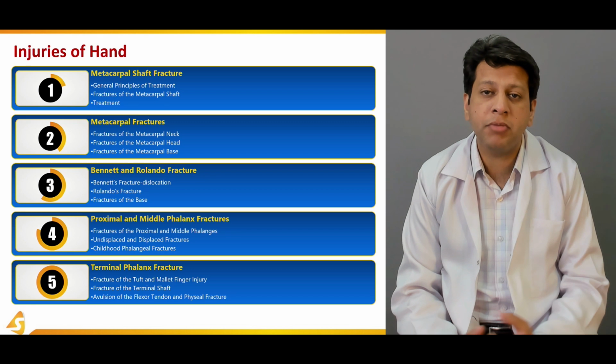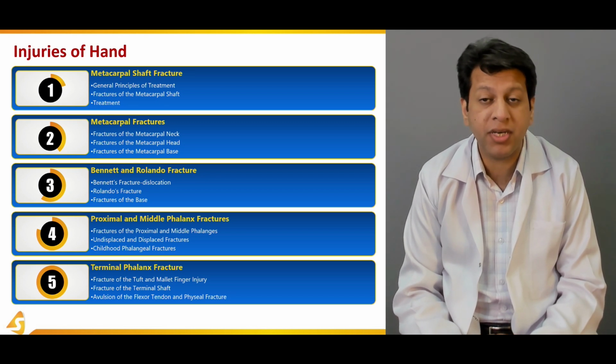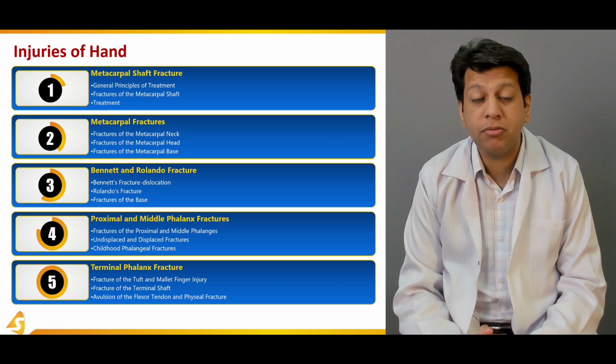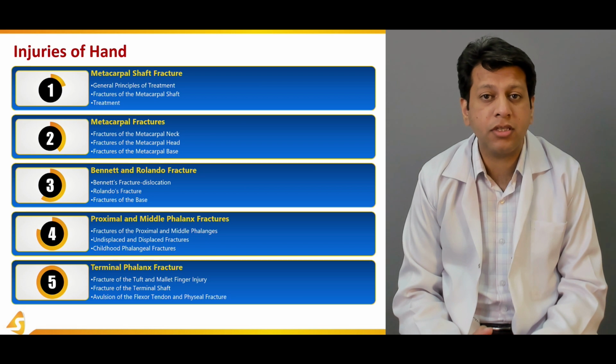In the fourth section, we'll be discussing the proximal and middle phalanx fracture, as you know, the hand is made up of metacarpals and phalanges. They have 3 phalanges: the proximal, middle, and distal. In the fourth section, we're discussing the proximal and the middle part, and in the last section, we're discussing the